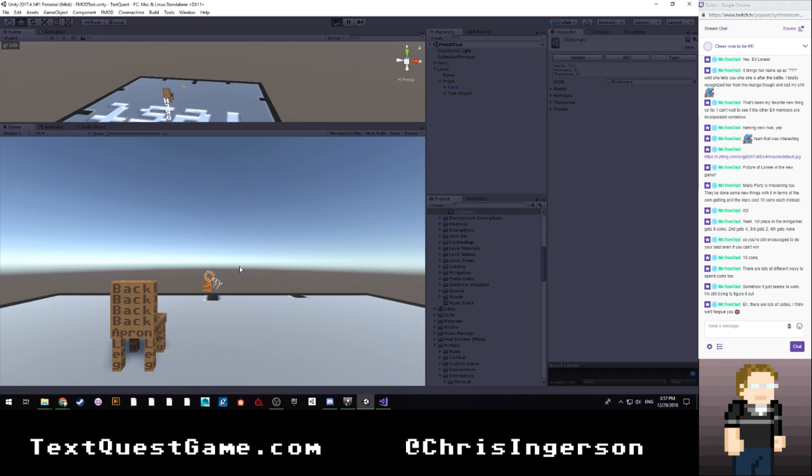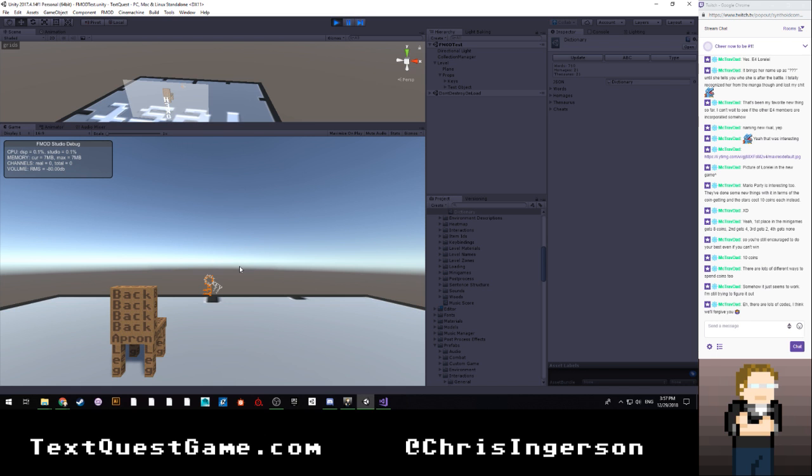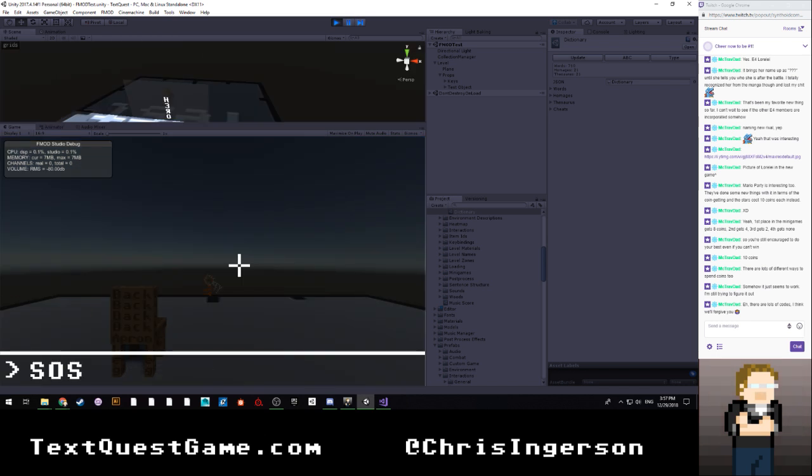There are lots of different ways to spend coins too. Somehow it just seems to work. Still trying to figure it out. Mostly it's because I sometimes don't use these codes for long stretches of time, so I just forget them. Not check, it's get float, and then